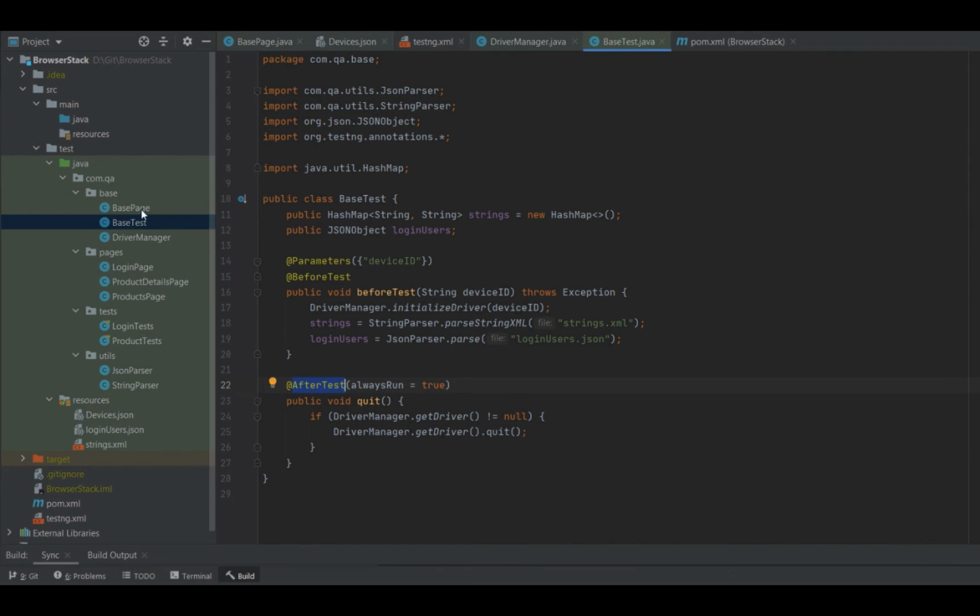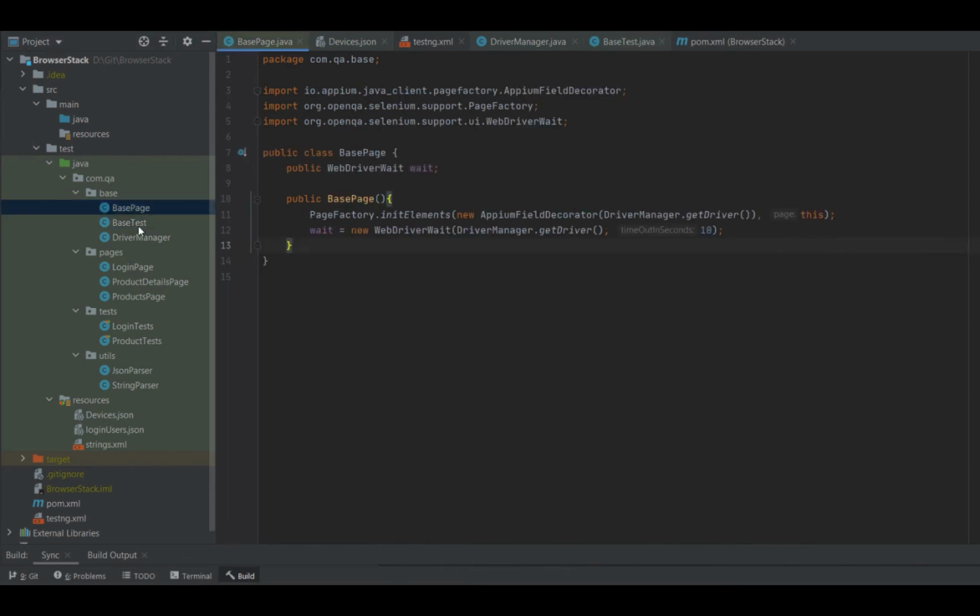Okay, and then we have a base page similar to the base class. Now this class is the base for the page objects which are located over here. And here we are initializing the page factory elements, and we are creating an object for the WebDriverWait.